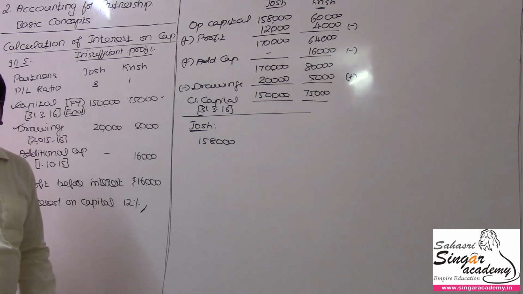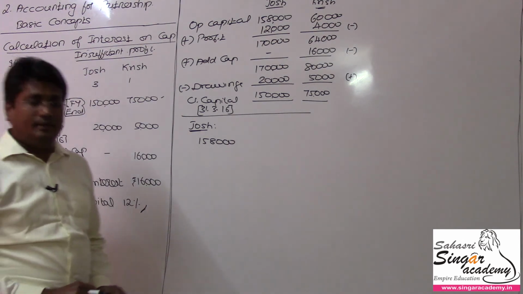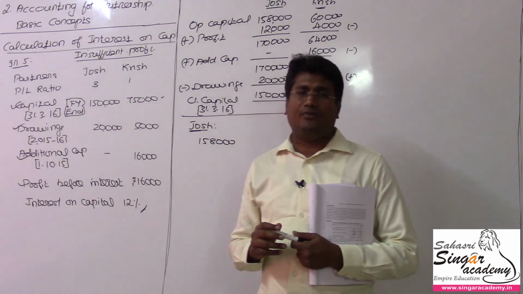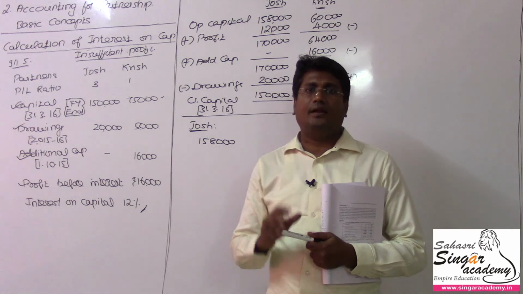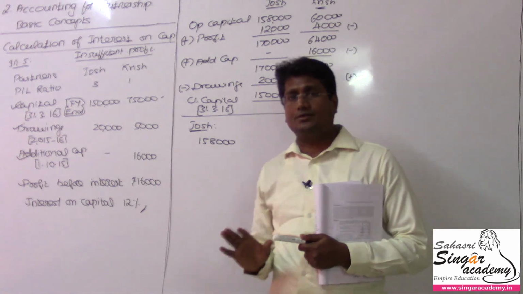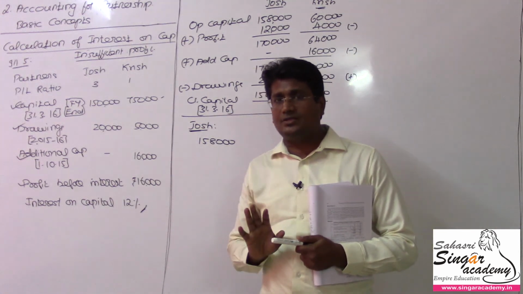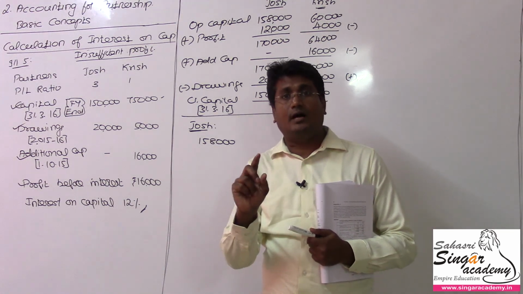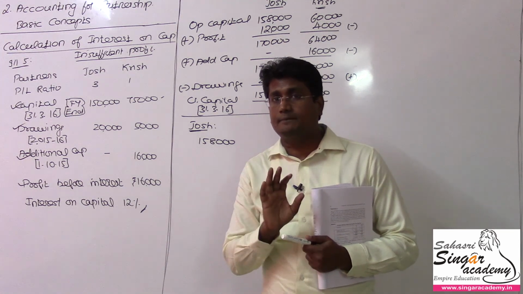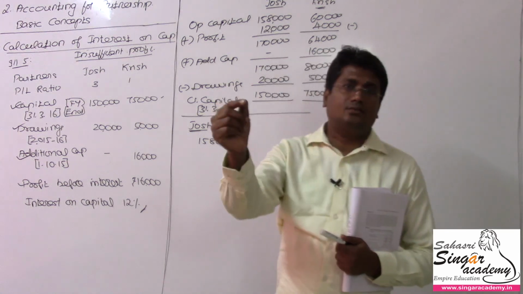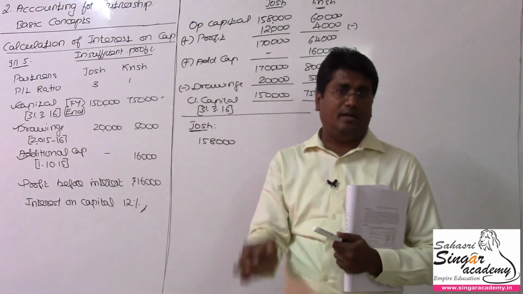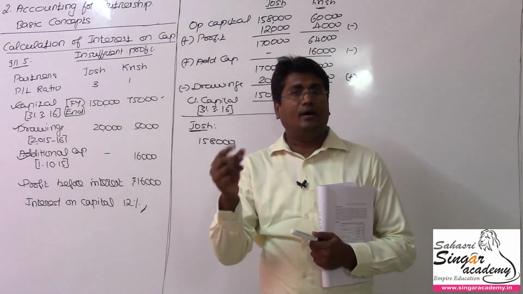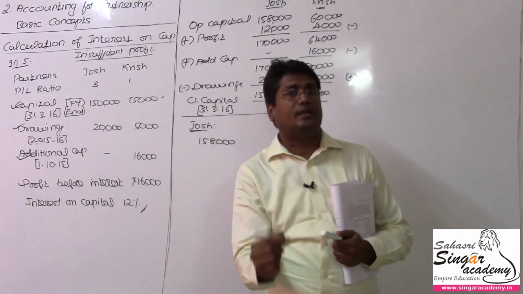Sir, why not drawings? Can we deduct the drawings? In this illustration, I assume the drawings against the profit will not attract any interest calculations. So we have two ways. Unless it is specifically stated that drawings are not eligible for interest, if the statement is given that drawings are against the capital, you have to deduct the drawings amount, and for the deducted value you have to calculate interest for the remaining period.